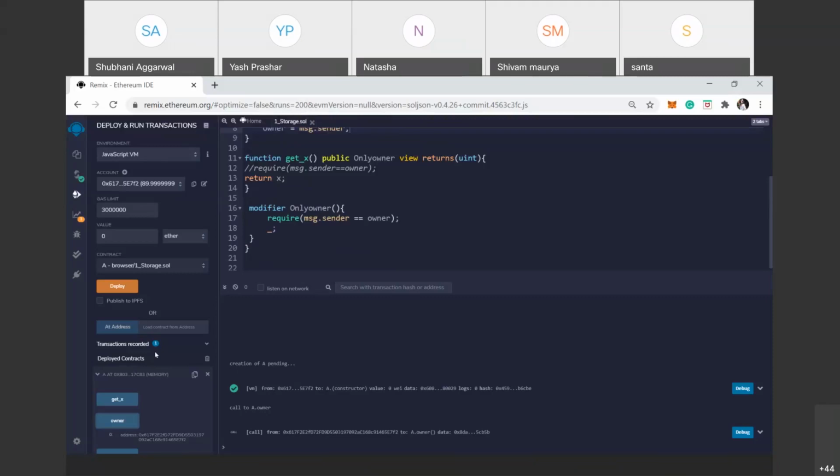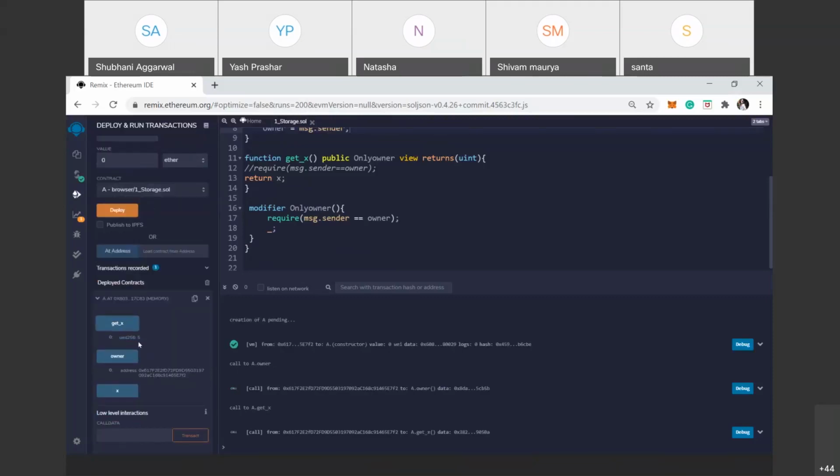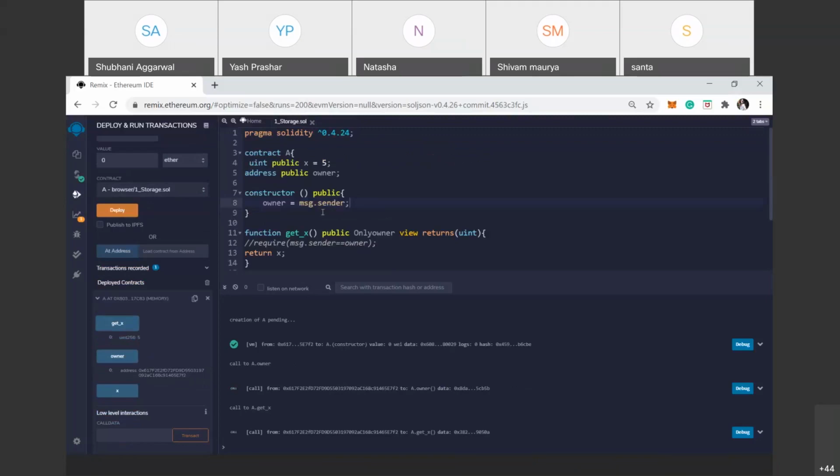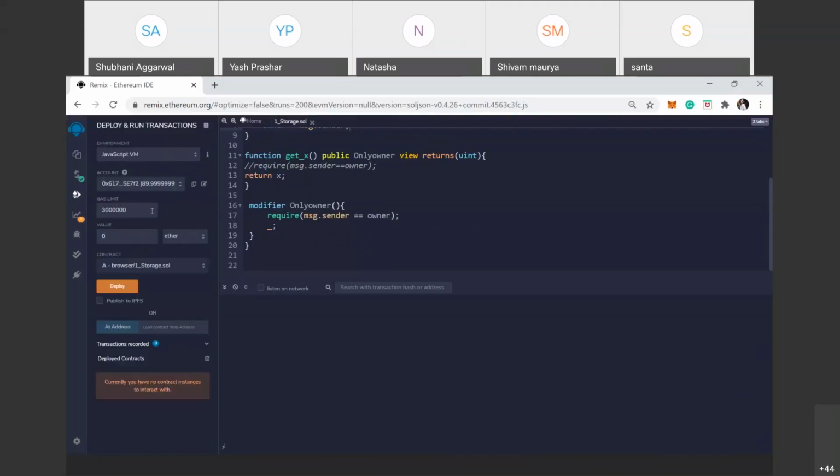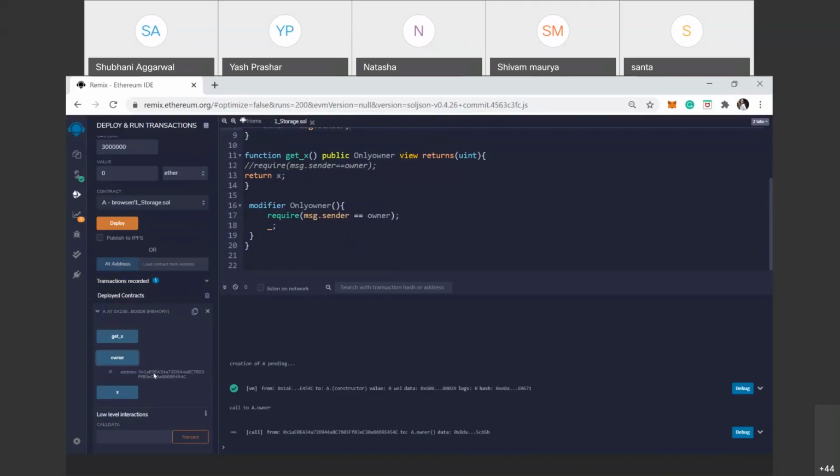If you click on getX, this is retrieving the value of x from the state variable x. Suppose this account, 1AE, deploys the contract. Owner is 1AE.